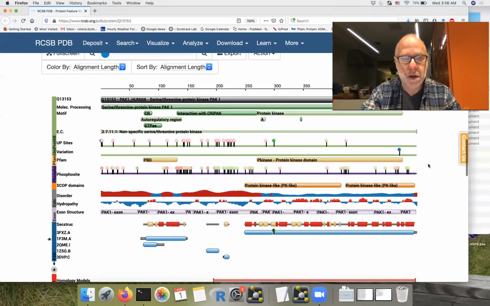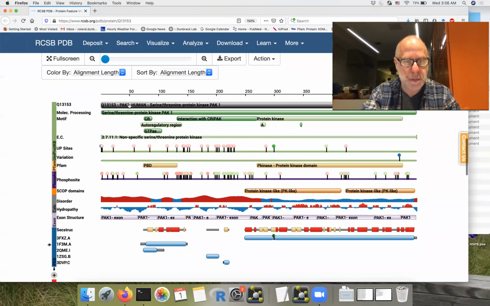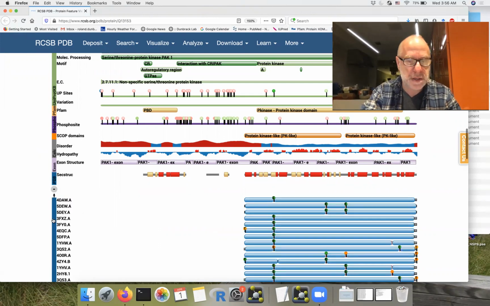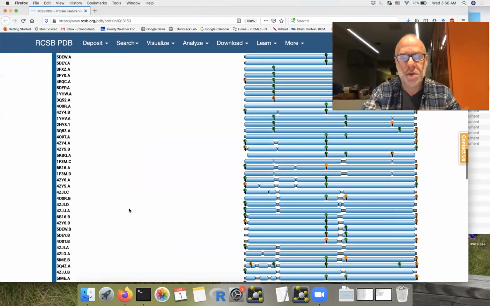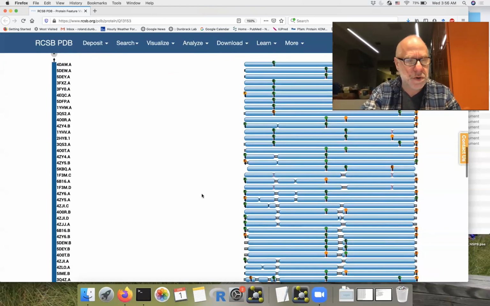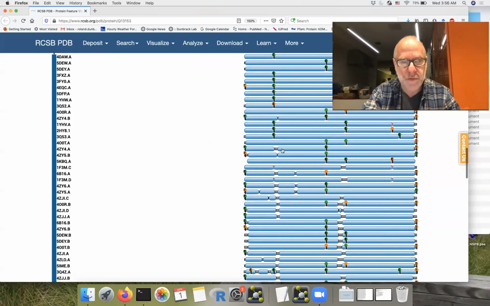I get a page on PAC1. Down here, you see it's basically the same kind of layout, except it has all of the PDB structures of this particular protein. I have to hit the plus sign to get the full list. And so these are all that same kind of bar chart. So let's say I was interested in, here's 4ZY4, here's that missing piece. If I look down a little bit, I can see in 4ZY6,